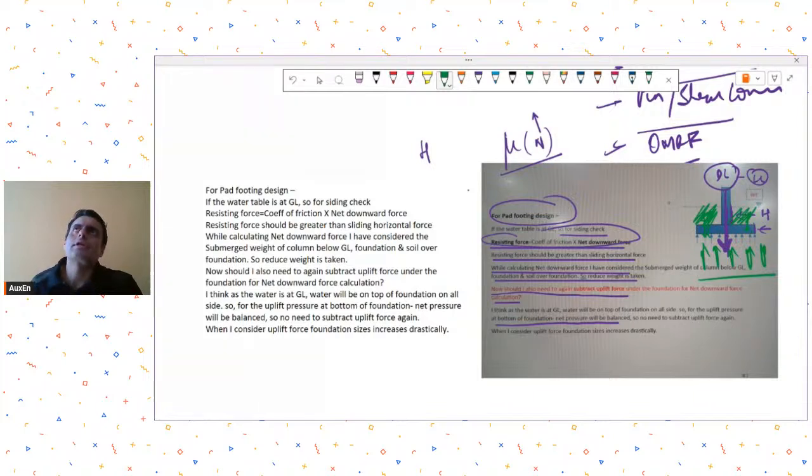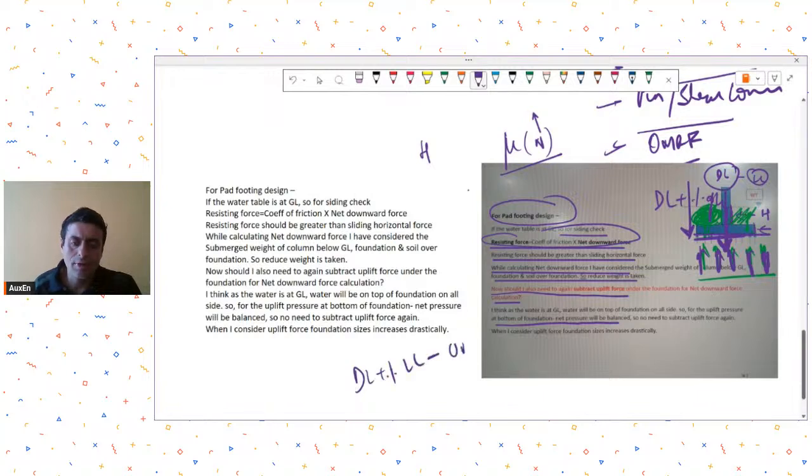So subtracting uplift pressure, because he's saying that I have already subtracted once in the submerged weight. No, I think you should still subtract. So this submerged weight was for the soil, because of the water table it was causing buoyancy in the soil. But then the uplift pressure will also try to lift up your footing. So whatever is the downward dead load plus some percentage of live load, from that you subtract